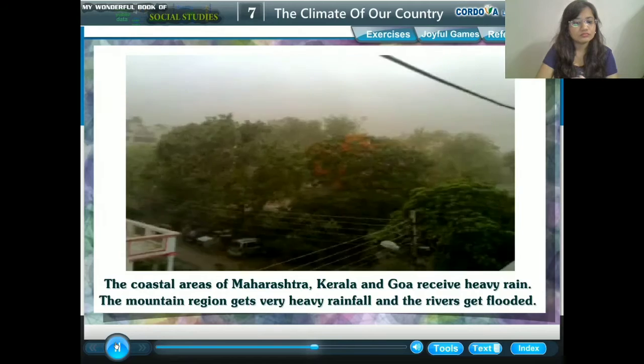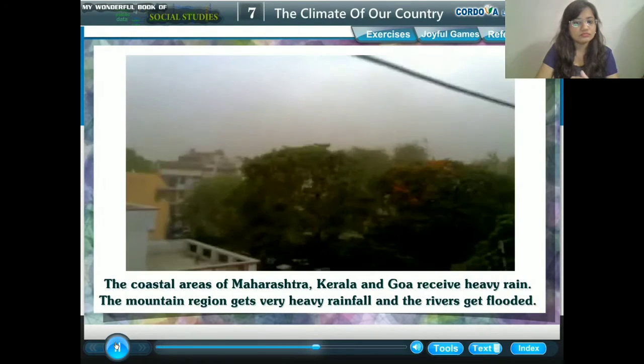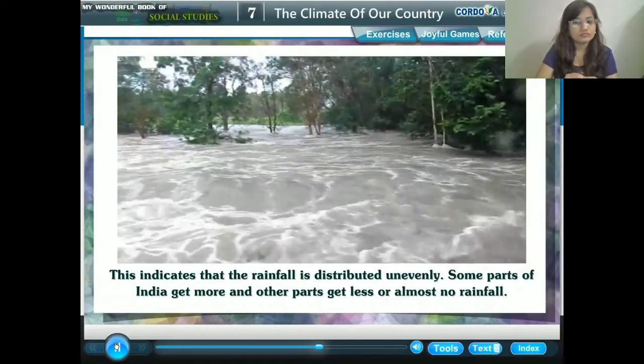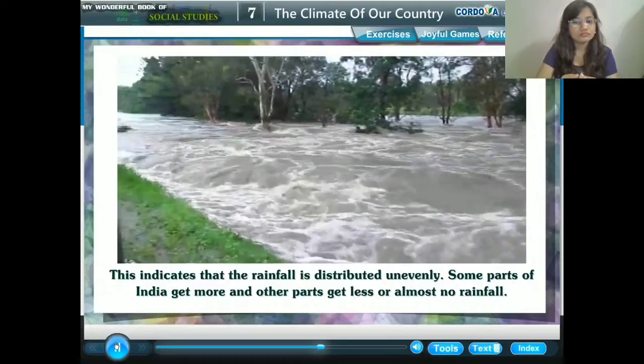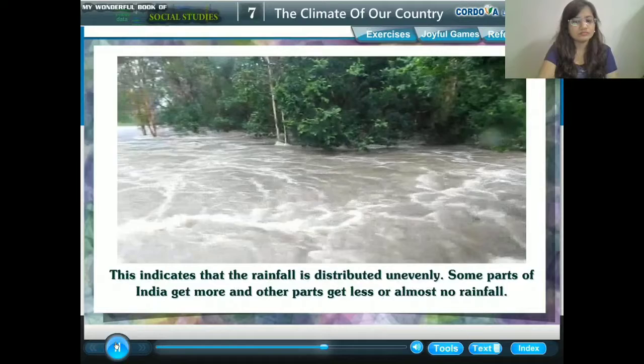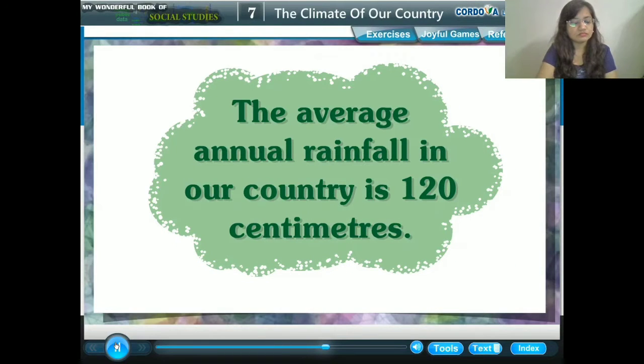The mountain region gets very heavy rainfall and the rivers get flooded. This indicates that the rainfall is distributed unevenly. Some parts of India get more and other parts get less or almost no rainfall. The average annual rainfall in our country is 120 centimeters. Mark this, students, the average annual rainfall of our country is 120 centimeters and the rainfall is unevenly divided because